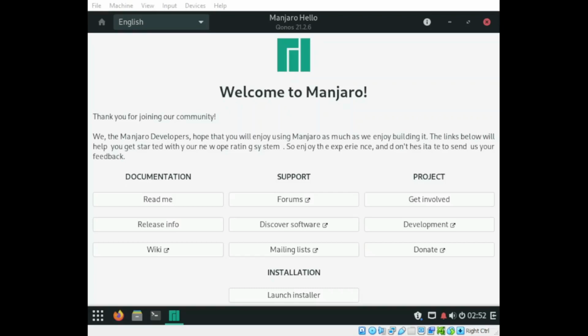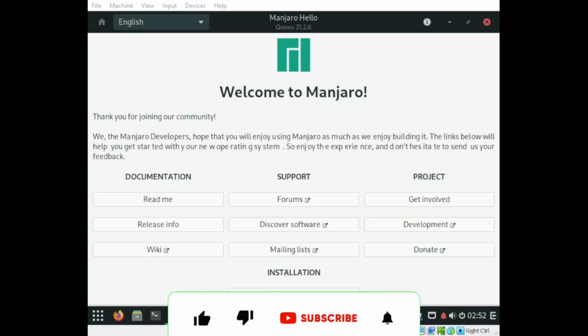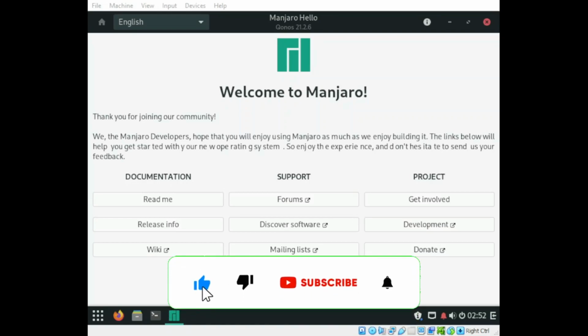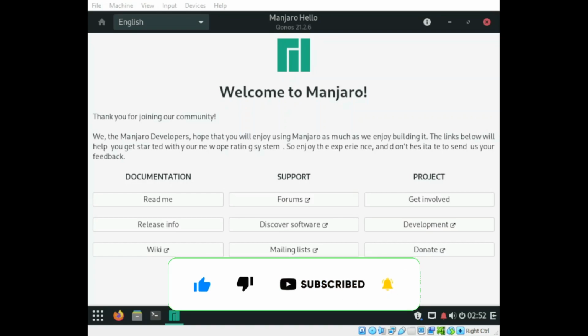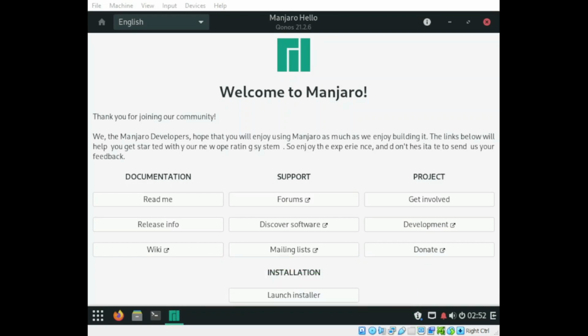I have been a big Budgie fan and I have been using Ubuntu Budgie as my daily driver. I have also tried other Linux distributions as well as different desktop environments, but for me Budgie is still one of the best. I wanted to try out and install Manjaro Budgie, but